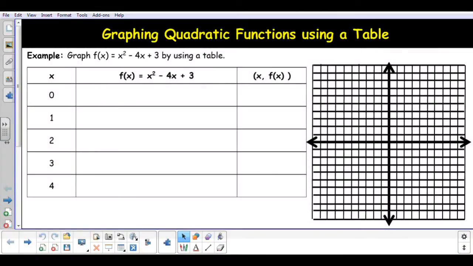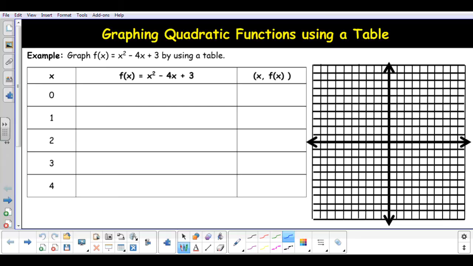When we are graphing a quadratic function using a table, I am just going to plug in the x values that they give me into the equation that is designated for the problem. So in this first one, we have x squared subtract 4x plus 3. So I'm going to start with my first x value of 0, and I'm going to plug 0 into the